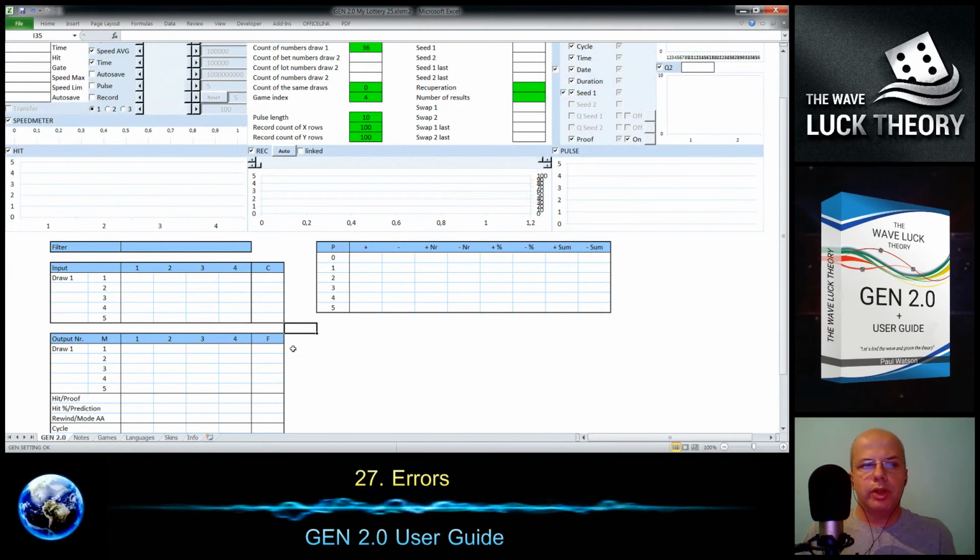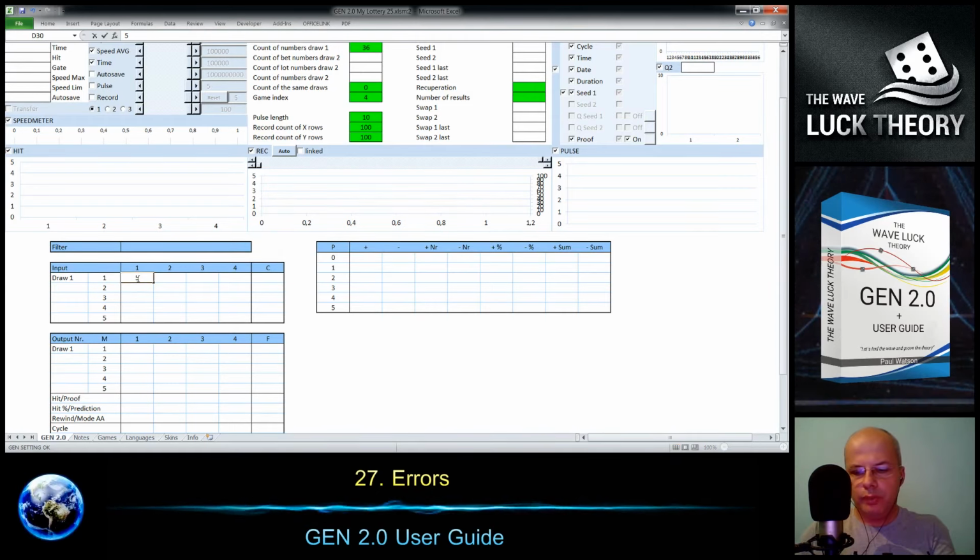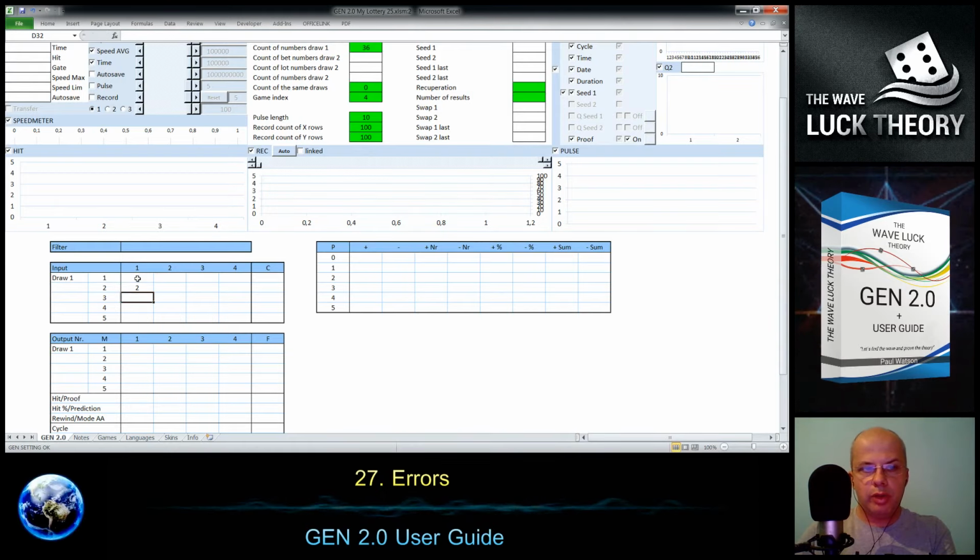So the first thing is, if I put here numbers, I will try to randomly write some numbers.